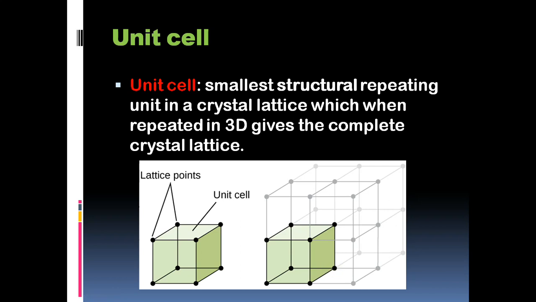So listen students, now you are sitting in a room. That room indicates a unit cell, and each corner of the room indicates a lattice point. Now you can see that one room will be attached to the next room, and the complete house will indicate a crystal lattice. I hope that with this you have understood the three terms: the lattice point, crystal lattice and unit cell.